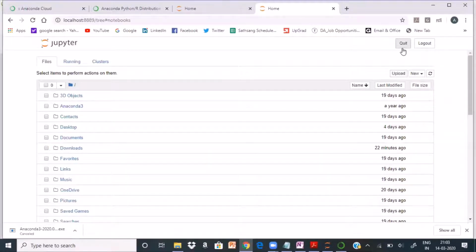If you want to go out of the Jupyter, you can simply quit. Once you quit, it stops the Jupyter server. Right now you are connected to the Jupyter server, but if you simply log out, it will take you out from the notebook. That doesn't mean you have exited the server.